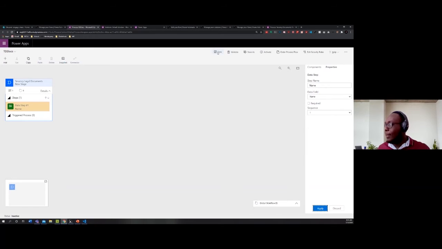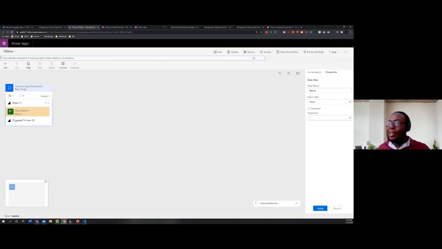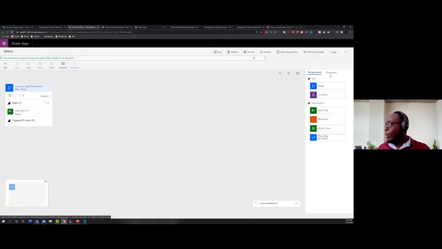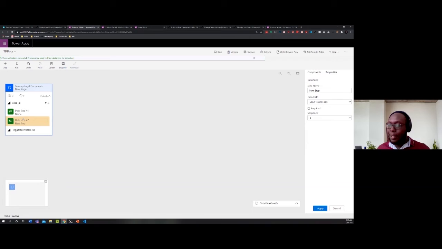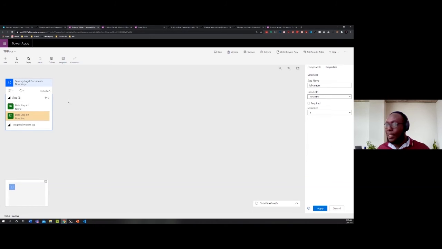I like to hit save whenever I'm working on something, just because you might lose power. You could just go back to here and drag and drop, or you could be like me and just click add data step, and it brings you the pluses, and then from here you can select something different, and then apply,